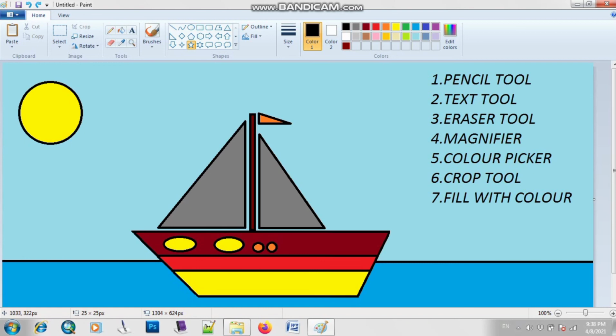Now just watch this video lesson very carefully. Draw a boat in Paint program. If you want to make a recording, then make a recording with the help of a recorder and then share it in Google Classroom. You can also send me on my WhatsApp, or you can also share your picture image file in Google Classroom. And don't forget to write your name, your class and section.